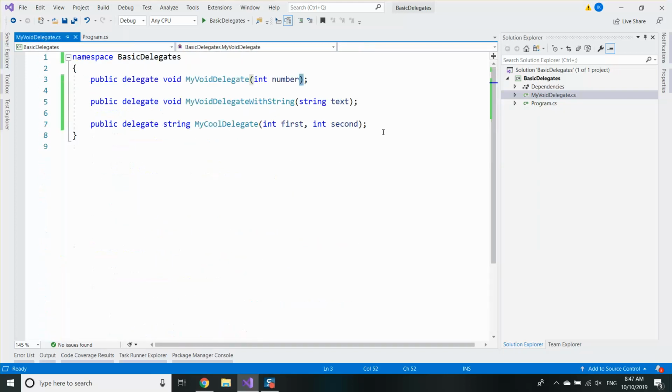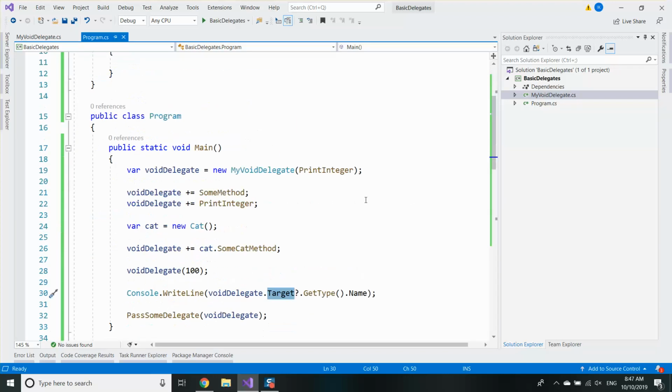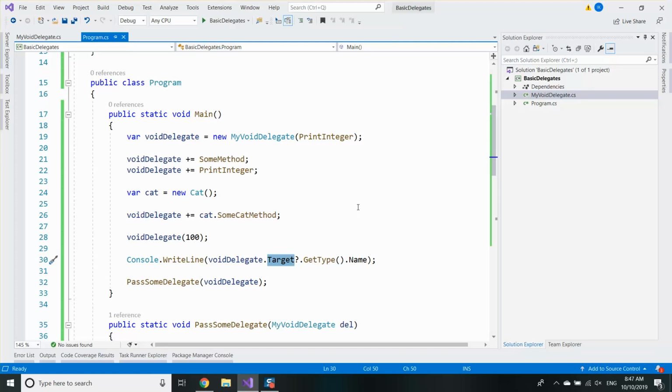Okay guys, that's pretty much about the basic delegate keyword. There are some better ways to use delegates in the current C# language version, but I will show them in my next